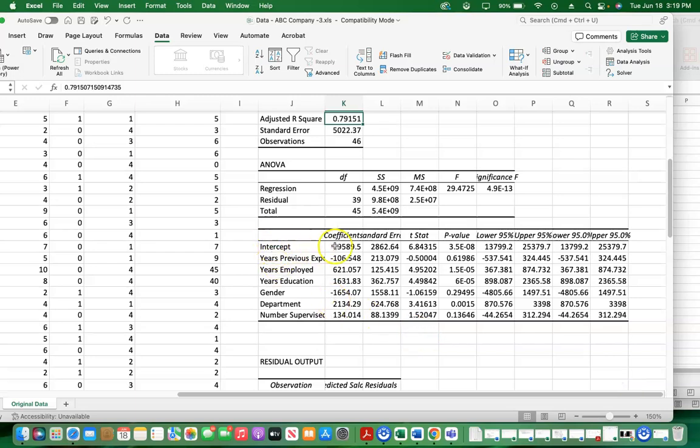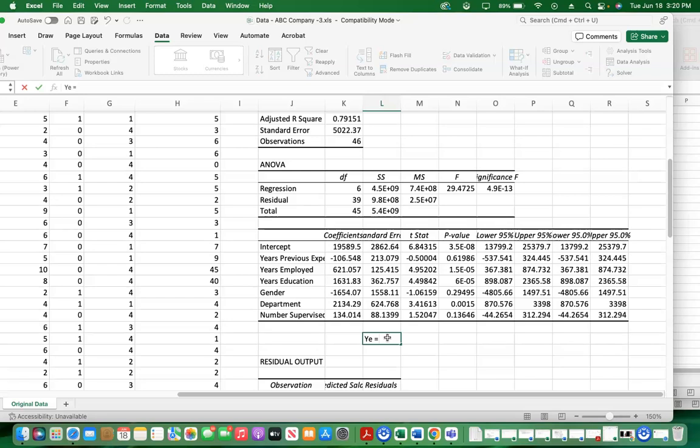So here you can see that we have coefficients for the y-intercept, and also the slopes for years of previous experience, years employed, up to the number supervised. In fact, we can rewrite our estimated model as y